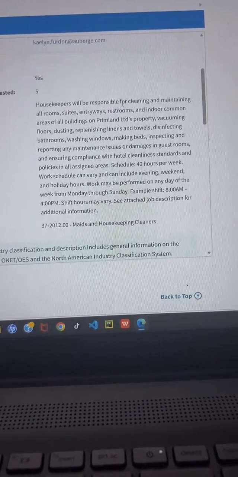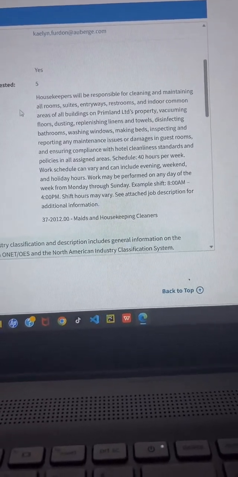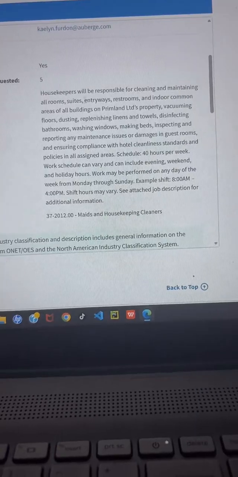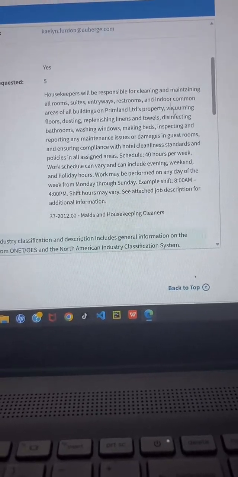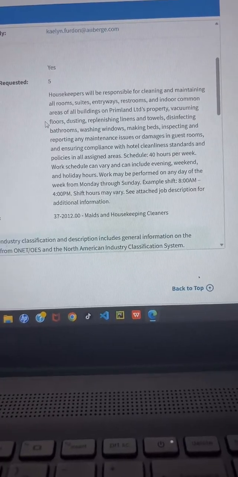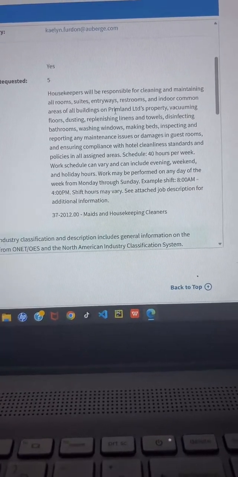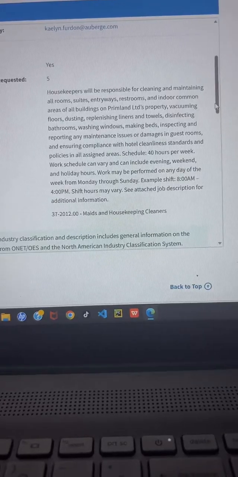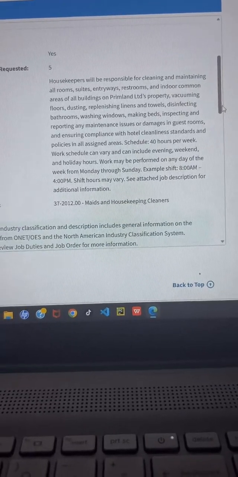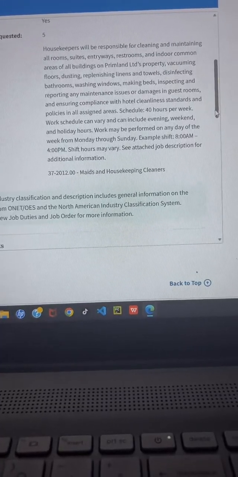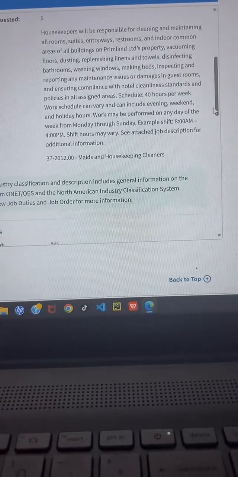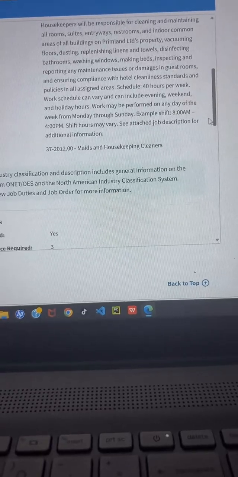Housekeeper will be responsible for cleaning and maintaining all rooms, suites, restrooms, indoor common areas of all buildings, vacuuming floors, dusting, replenishing linens and towels, disinfecting bathrooms, washing windows, and so forth.